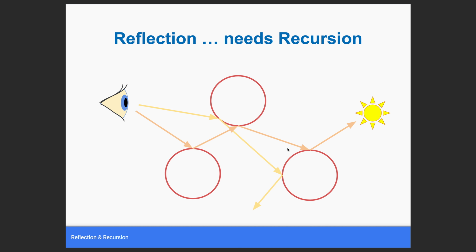Many rays won't follow that path and they'll bounce and go off elsewhere, but this one does, and the colour we see will be mostly the colour of this sphere. It'll also include some of the colour from this sphere and this sphere as well,